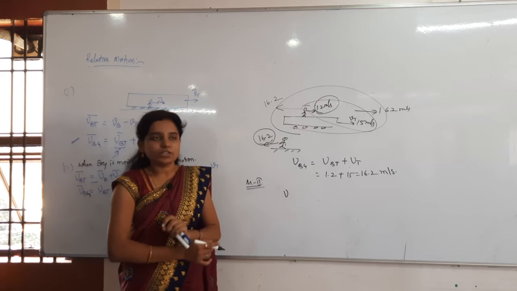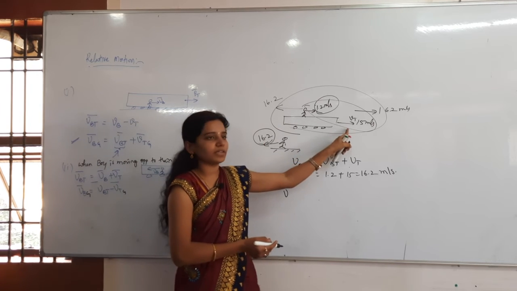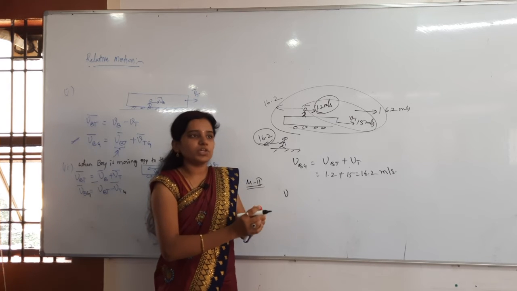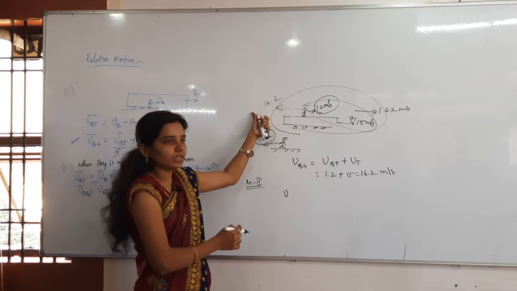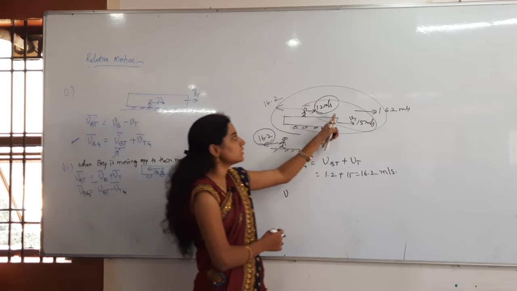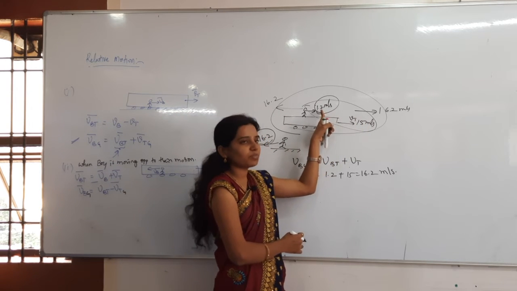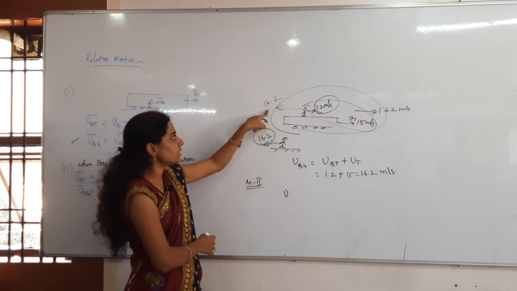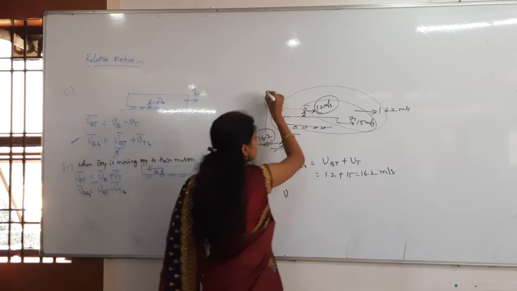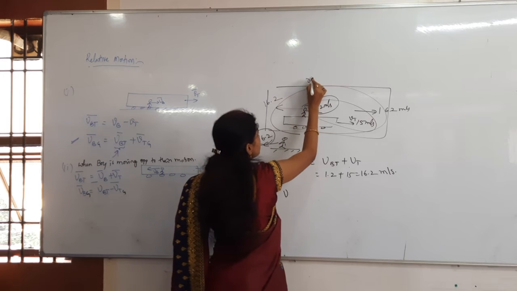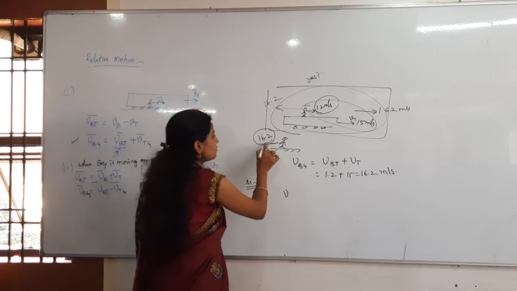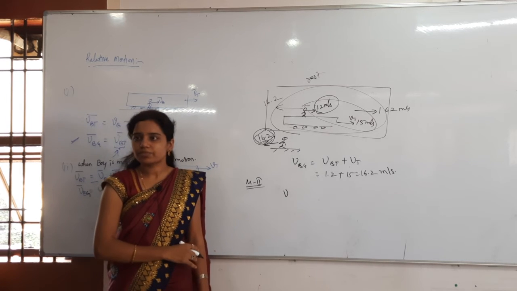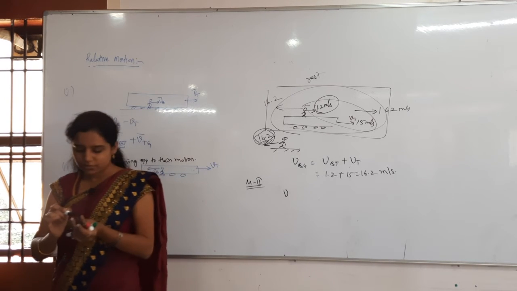Understand it clearly? So whenever you want to stop the train as well as the boy, what you have to do is apply the same velocity in the opposite direction. How much velocity is there? This is 15 and then 1.2, totally how much? 16.2. If you apply 16.2 in the opposite direction, then this will come to rest. Then this will be the total velocity, how much? That is nothing but 16.2 meters per second. Clear? You can follow either method.